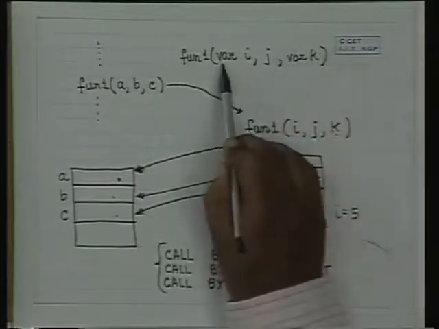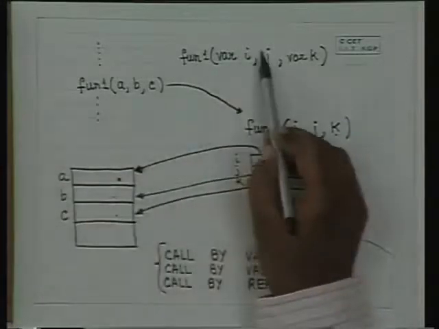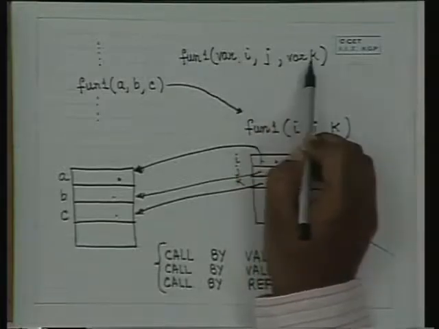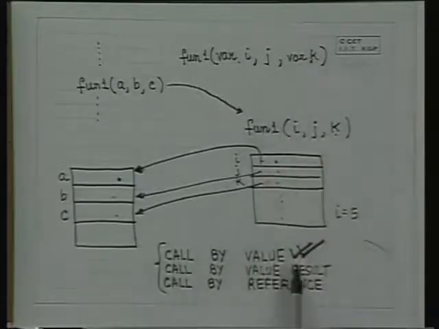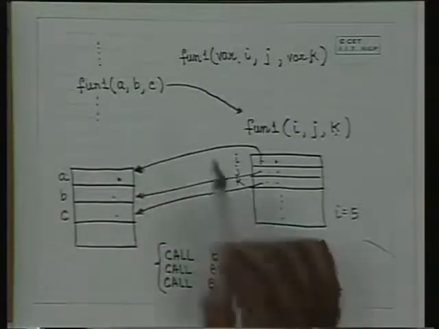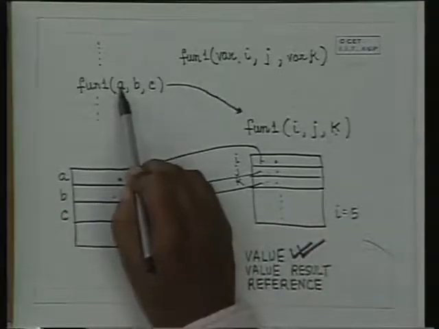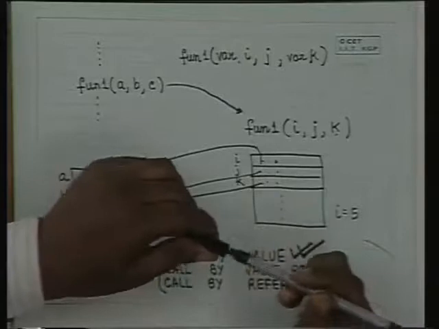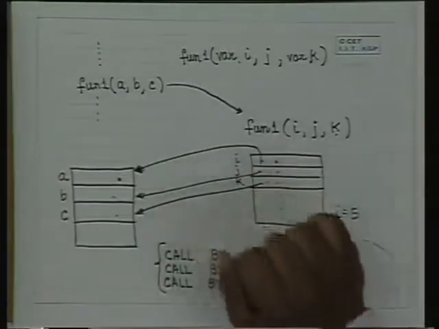So in Pascal if you had written var I, j and k and done this, then this would not have changed, but this and this would have changed. Whereas in C everything is uniform, call by value. So we will have to see next how we make it call by reference. To make it call by reference, what we do is we pass the address location and modify the contents. Alright, so let us see in this example how we will convert it to call by reference.